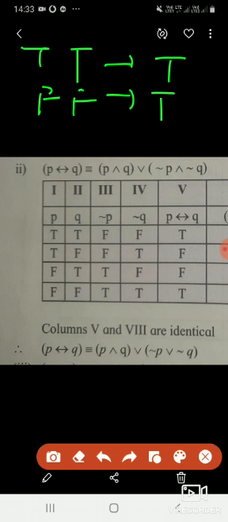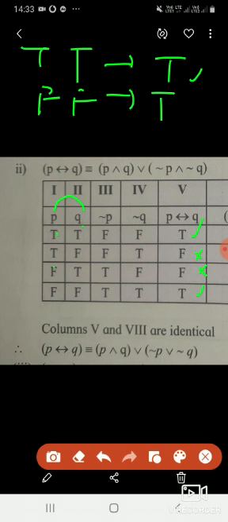Next, the left hand side I am going to find out, the fifth column. So the biconditional table: what is the biconditional table? If both are true, it is true. Both are false, also it is true. So now P to Q, these two I am going to use. Both are true, that's why it is true. True, false, false. False, true, false. False, false, true. It is the left hand side value.